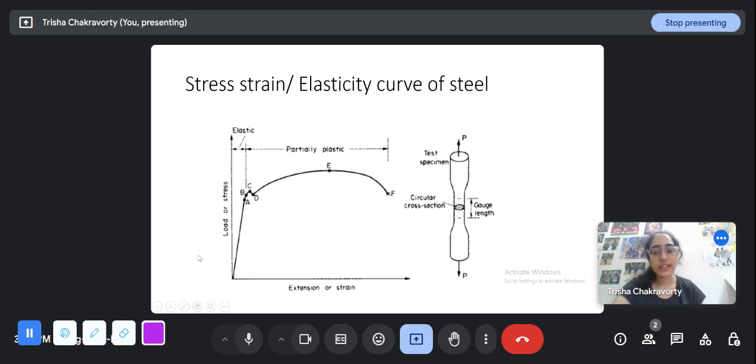So what are these points? To get this stress strain curve, we perform a tensile test on a cylindrical specimen. We increase the tensile load on it, P, and we keep on noting down the P. Dividing the P by this cross section area, we get the stress at each increment, and then we have some device in the lab like strain gauges to measure the strain. So we can plot this stress strain curve.